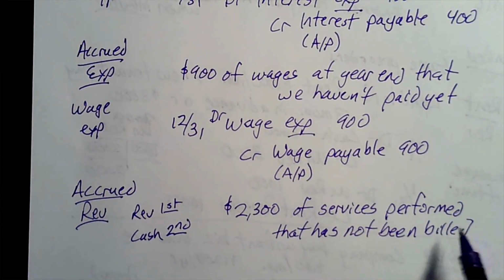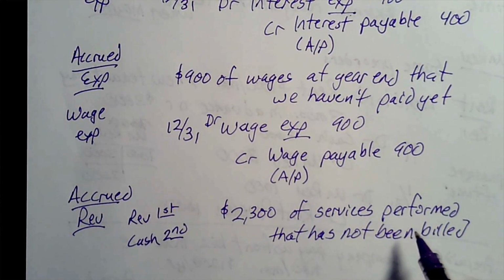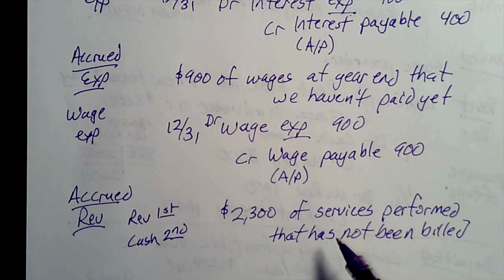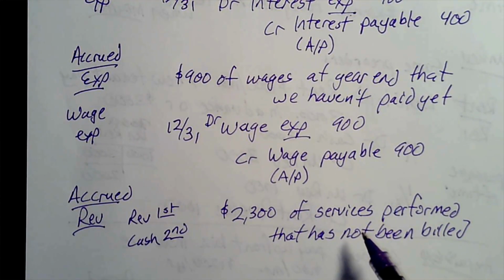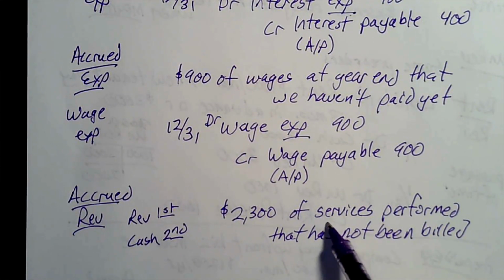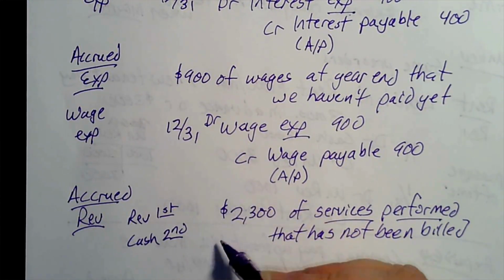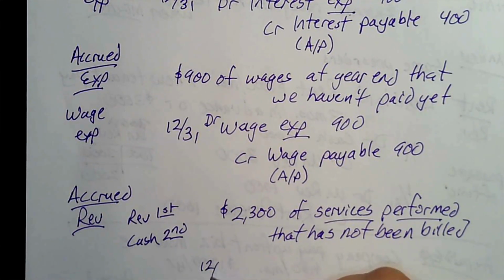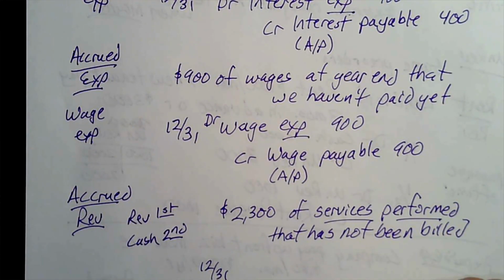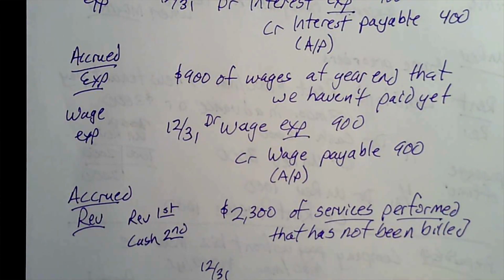Well, remember, our revenue recognition policy says we cannot record revenue until we've provided the goods or performed the services. In other words, we've done our part of the business transaction. Well, here it says the services were performed. So we could, at the end of the year, if we haven't billed them yet but we still have done our work, we earned that money in this year, even if we haven't been paid it yet. So we would write a credit to a service revenue